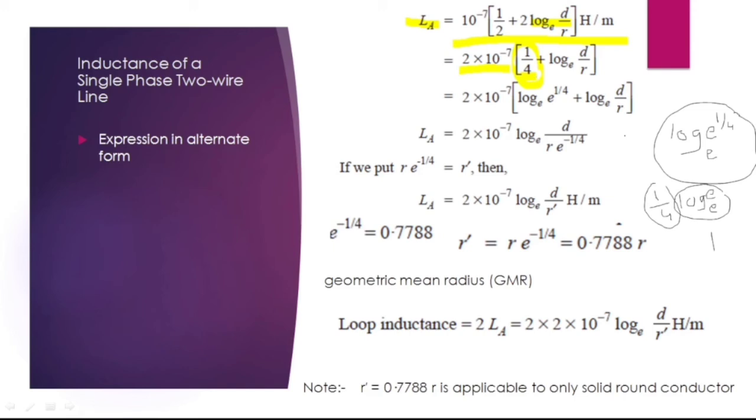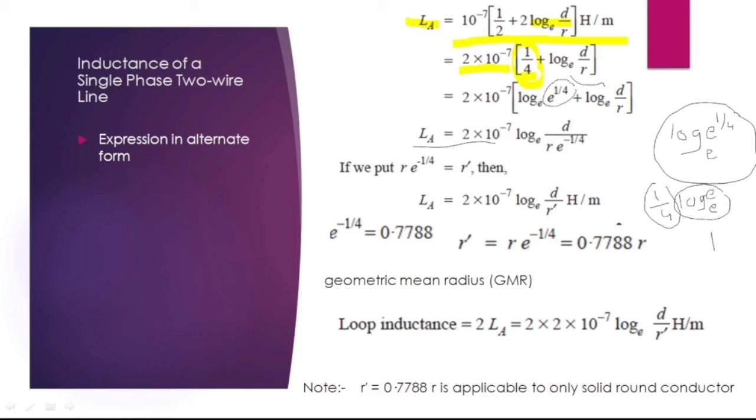There is no change while we are transferring this 1 by 4 as log e to the power of 1 by 4 base c. That's why I am rearranging this 1 by 4 as log e to the power of 1 by 4 base c plus the remaining term is log d by r base c. Why? Because you are considering this fashion for the simplification. Okay. See here, LA is equal to 2 into 10 to the power of minus 7 log, this value is e to the power of 1 by 4 base c plus log d by r base c,